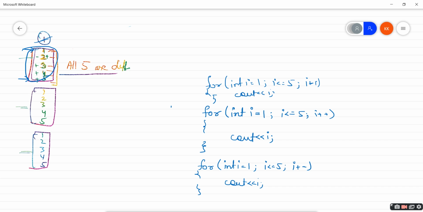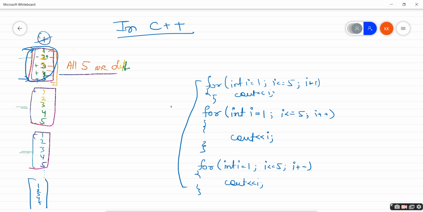But in programming, okay, let's say if it is only 3 times. Now suppose we have to print the same output 100 times. Then I need to write this for loop how many times? 100 times.